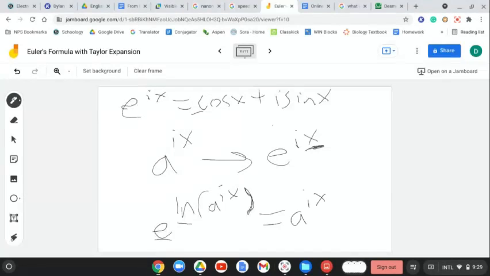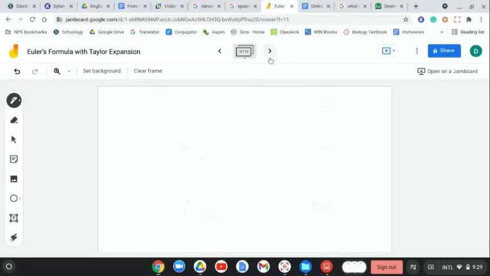All right, so I'm going to replace a to the ix with e to the ln of a to the ix. And using log properties, what we can do is bring this i and x to the front. So this ends up equaling e to the ix times ln a. So we now can say that a to the ix is equal to e to the ix